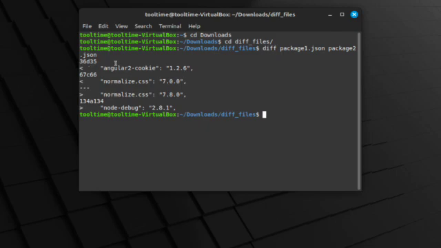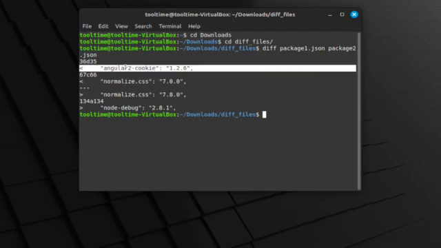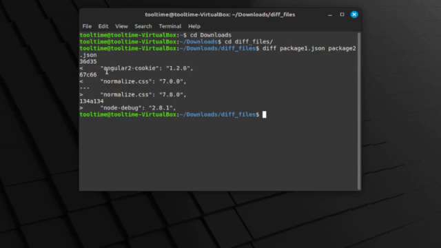36D35, simply means that in the first file, line 36 was deleted to match line 35 in the second file. And then this symbol here shows the line from the first file that was missing in the second, which is this line right here. Moving on,